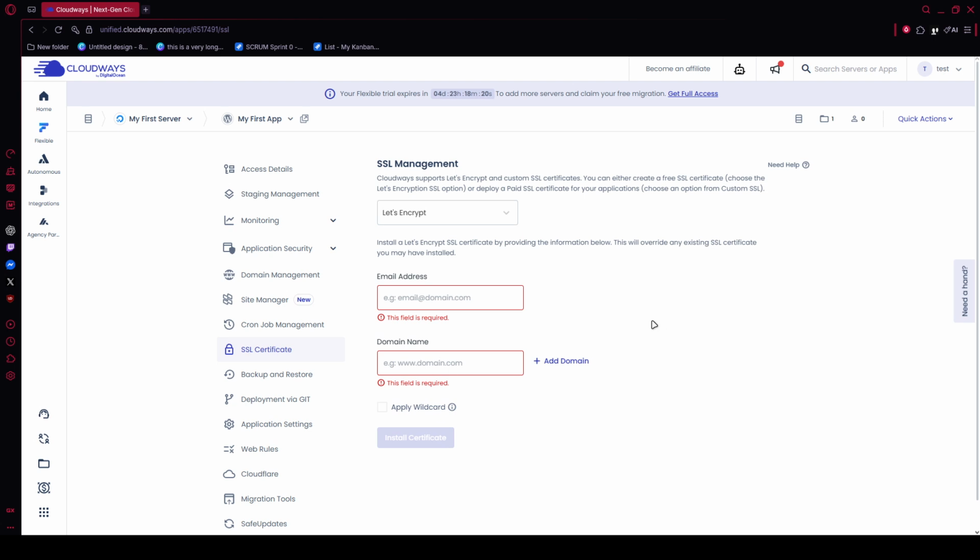Finally, do a quick verification pass. Make sure the domain appears correctly in Cloudways. Confirm the SSL status is active, and check that your DNS record points to the correct server IP. Once everything is in place, your subdomain